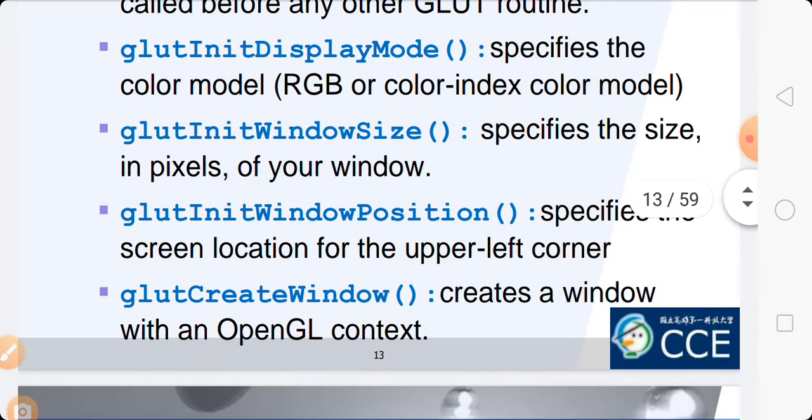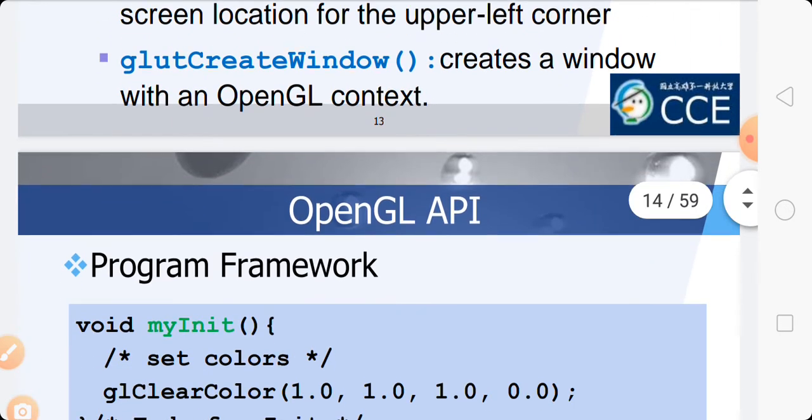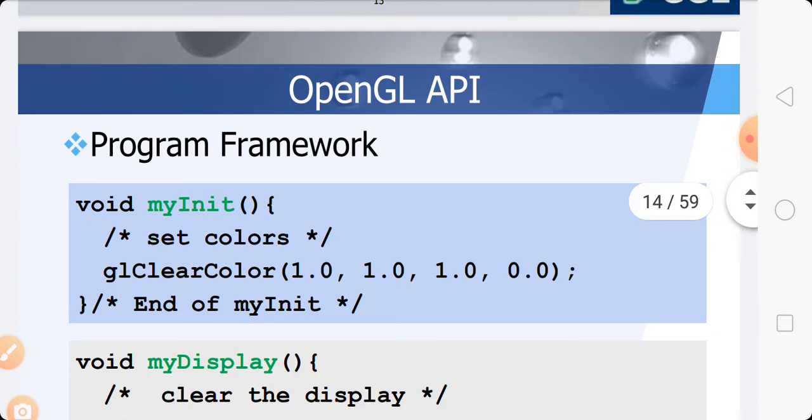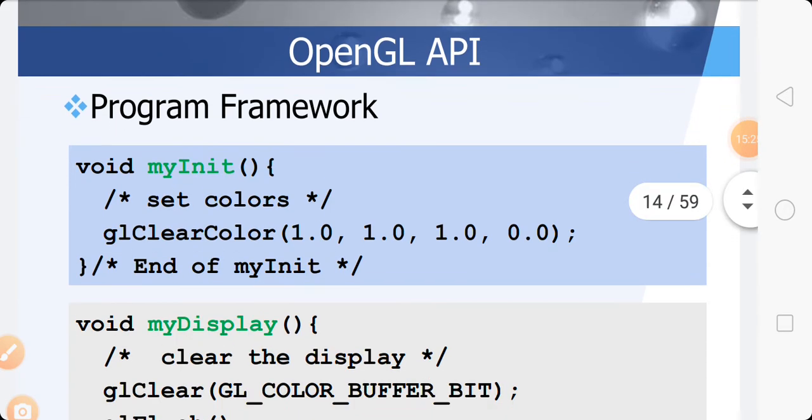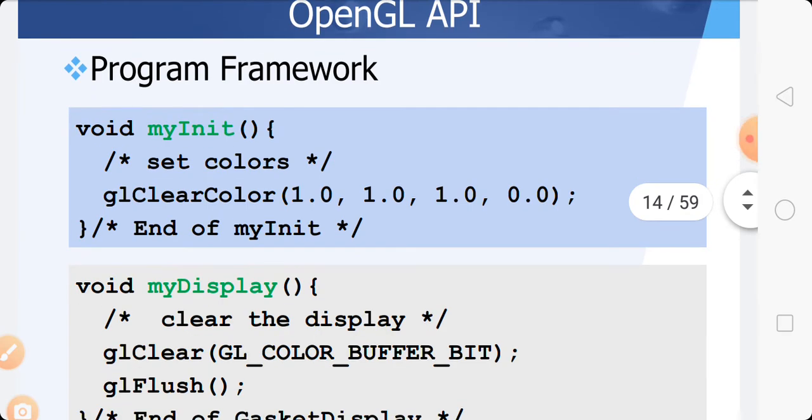Now glutCreateWindow creates a window with an OpenGL context. So this is the program framework.